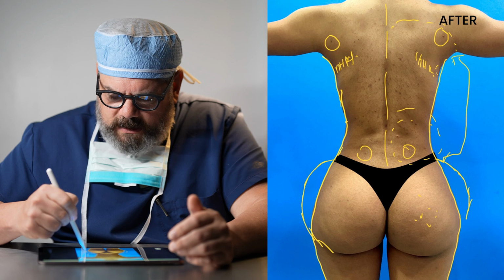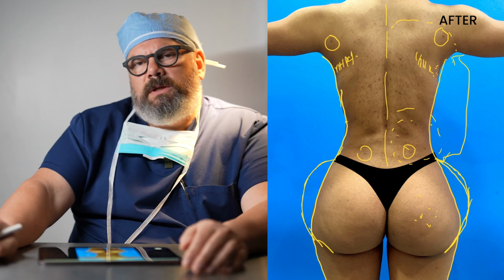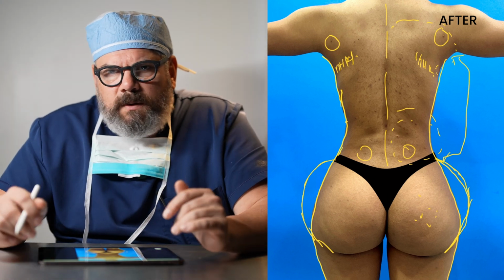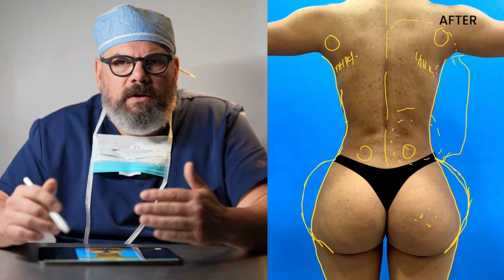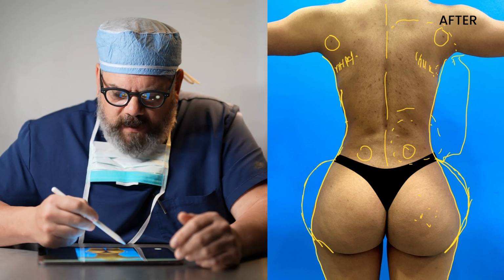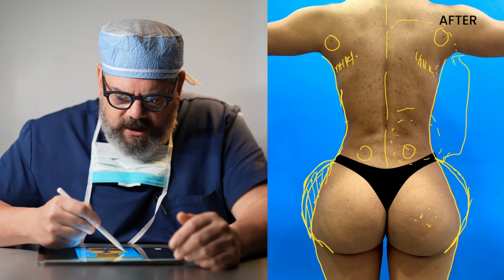And I'm not saying there's anything wrong with this look, but it's not a look that I personally like. Lots of people like the look, so it's completely fine if you like that look. I'm not being critical of it. It's just the beauty is in the eye of the beholder. That's what everyone likes. And so if her butt kind of came out here and she had really a lot